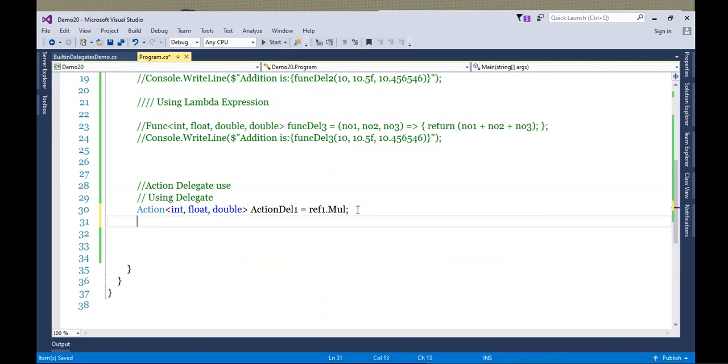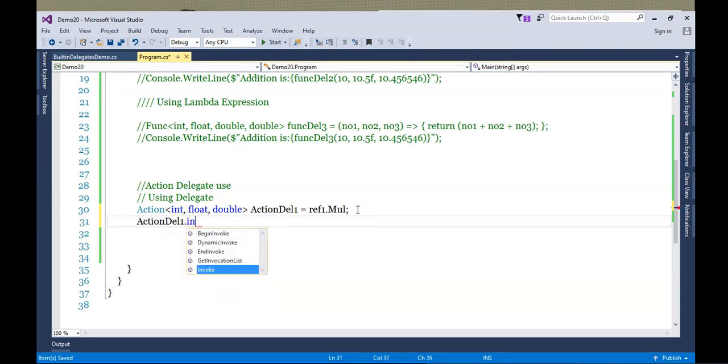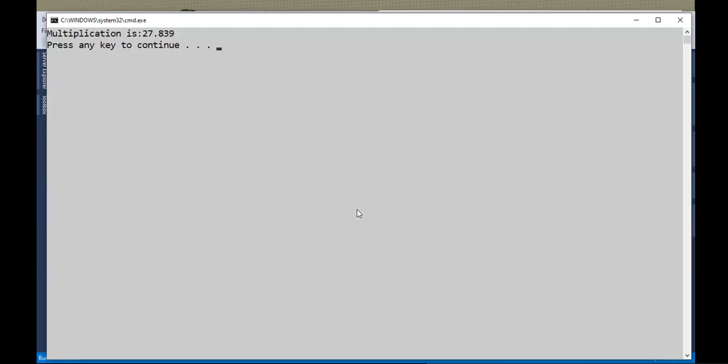Okay, and we'll simply call this method by saying action delegate 1 dot invoke. You may use invoke, you may directly call, it's up to you. I'll write 2, 2.5f, and then 5.5678, something like this. Okay, now there is no question of writing console.writeLine because this method is not returning any value. So if I run this, watch out, it is giving multiplication.